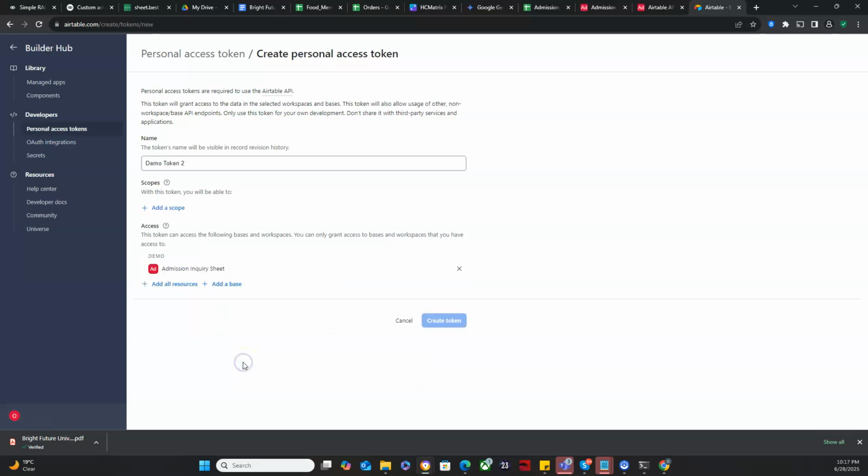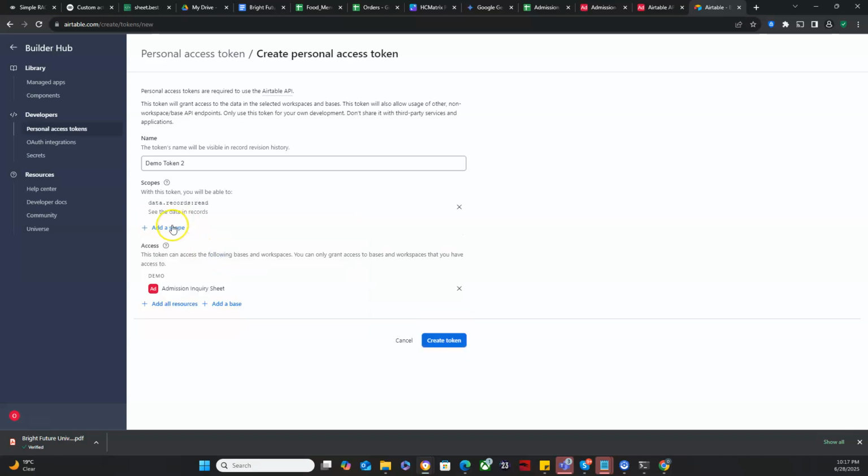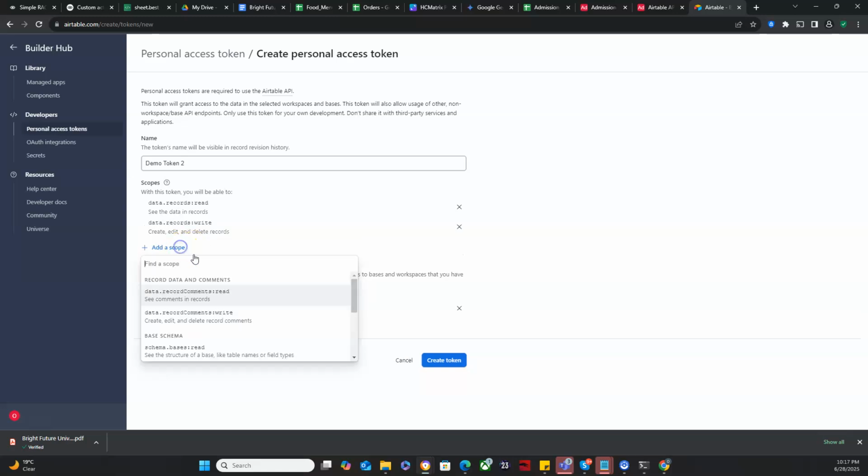So just click that, and we need to add a scope as well. What will the token allow the user to do, right? So we want it to be able to read, we want it to be able to write, we want it to be able to